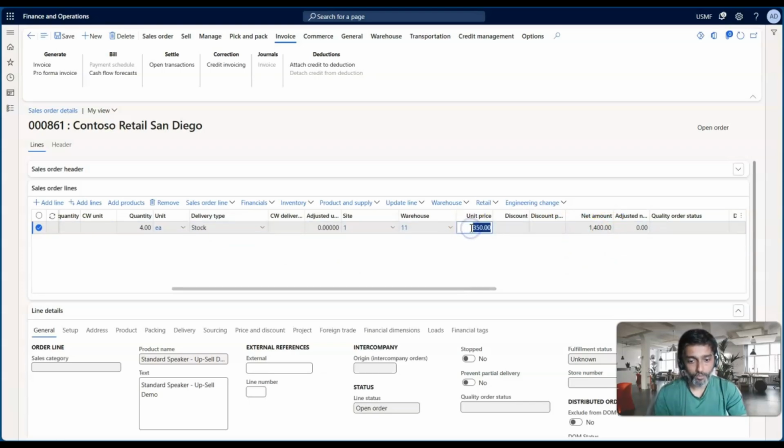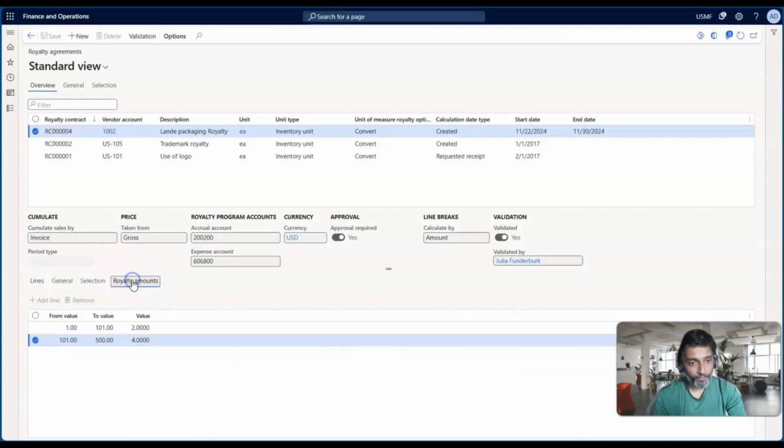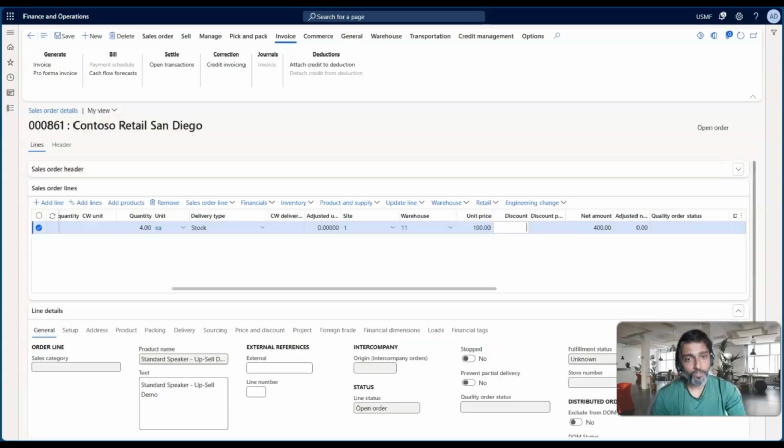Let me reduce this unit price as 100. So we need to understand the logic of how this royalty claim is generated. So I'm just primarily reducing the unit price. So the total net amount is $400. Then in this case, it comes under the bracket of 101 to 500, which means 4% of $400, which is $16. So if I go to sales order line,